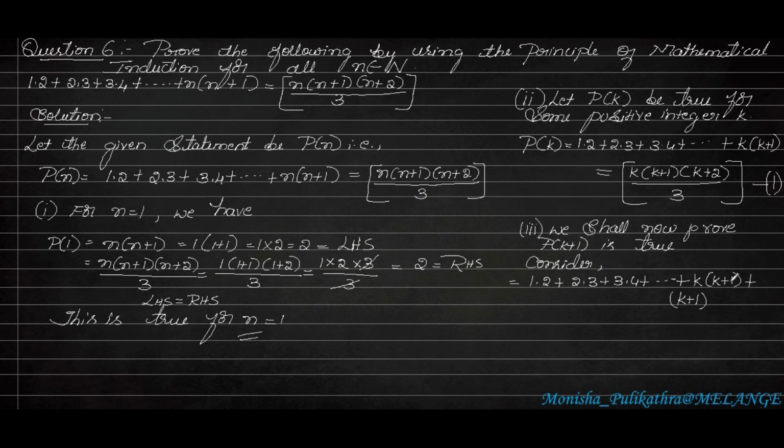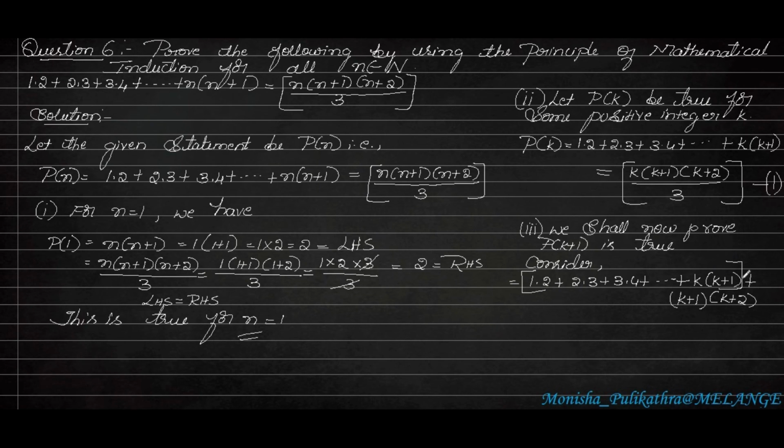So k will become k plus 1. Here also k will become k plus 1. Then it will be k plus 2. Okay. So k into k plus 1 will be the consecutive terms, the previous term, and this will be the next term, k plus 1 and k plus 2. Here, up to here, I will be rearranging it to a group.